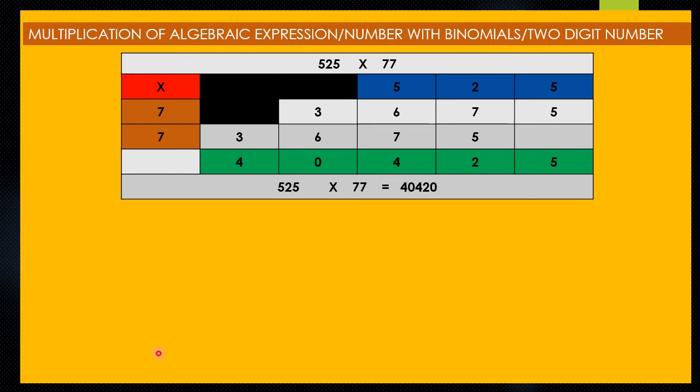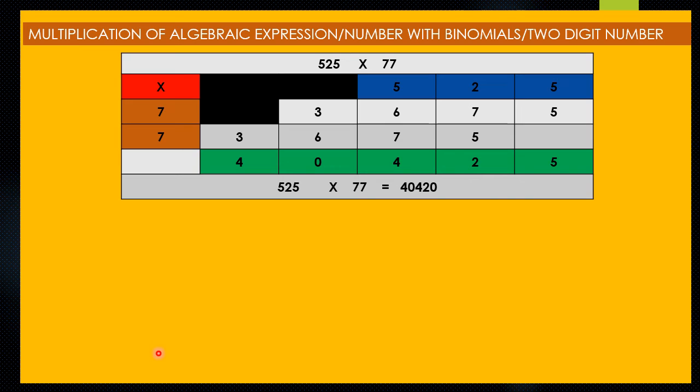Now you come to the next 7, which is at the 10 position. While multiplying this 7 at the 10 position with this 525, in the second row we have to leave the unit place empty. You should mind that the unit place should always be empty in multiplying the 10 position digit with a number. So I have left this unit position empty, and while multiplying this 7 with 5, we get 35.